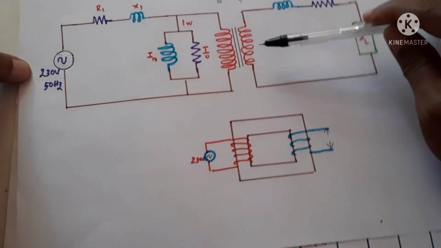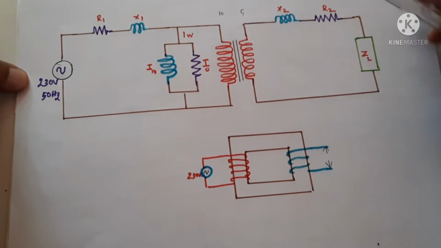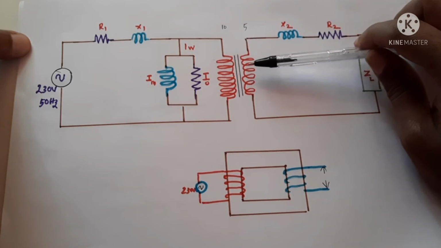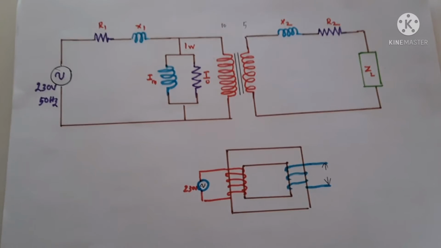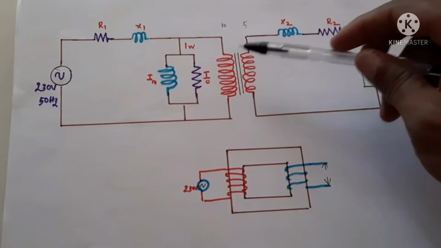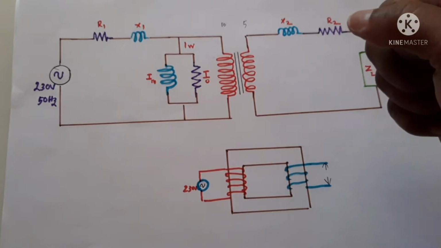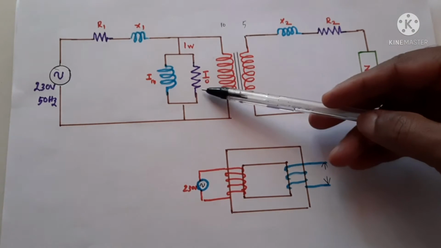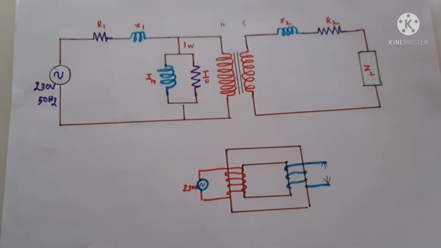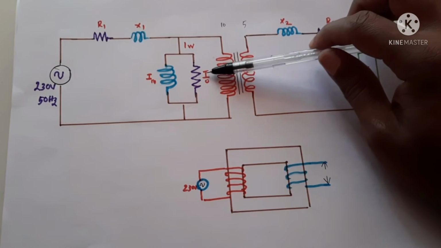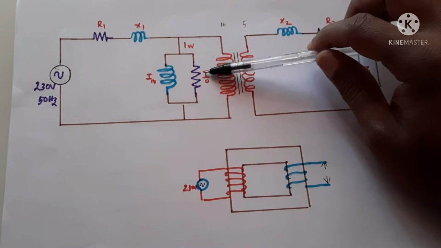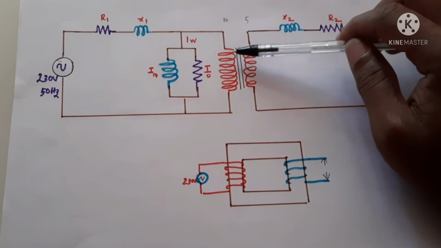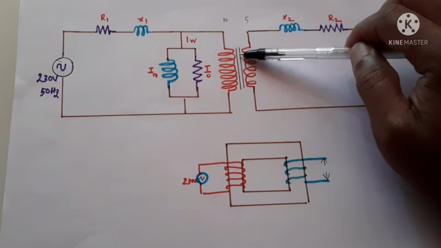If the core is made up of magnetic materials like iron, it has two properties. One is called hysteresis. Hysteresis means once the core gets magnetized, energy has to be spent in order to demagnetize it in the same way. So some power will be lost as hysteresis. And there is another loss, called eddy current loss, due to the change of flux in the magnetic core.